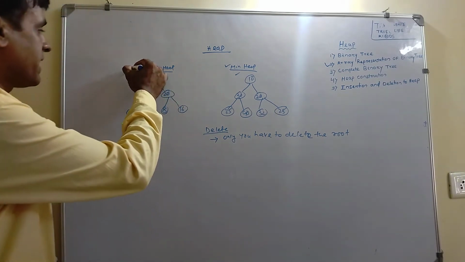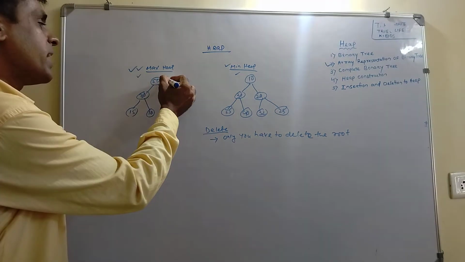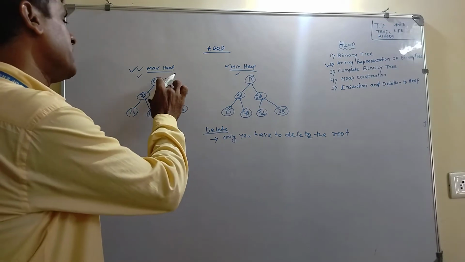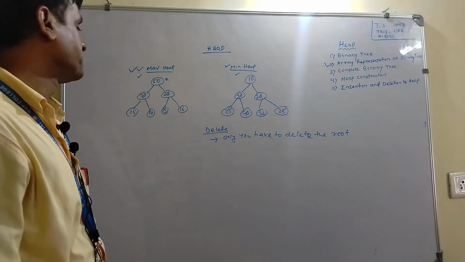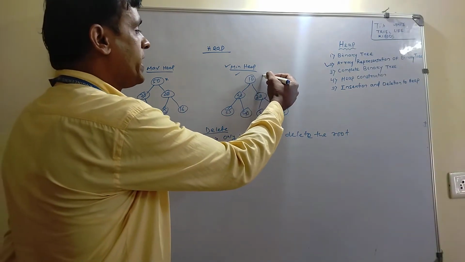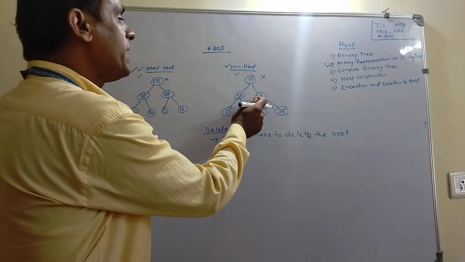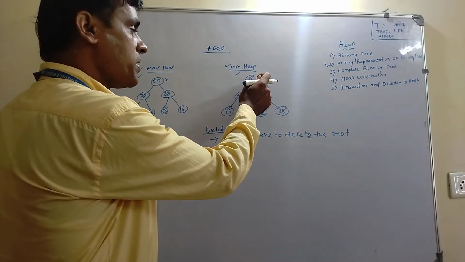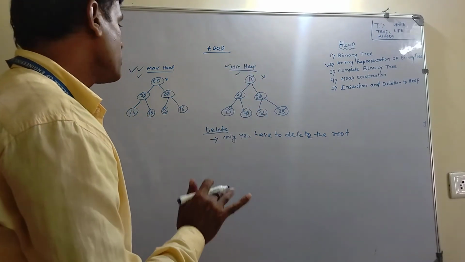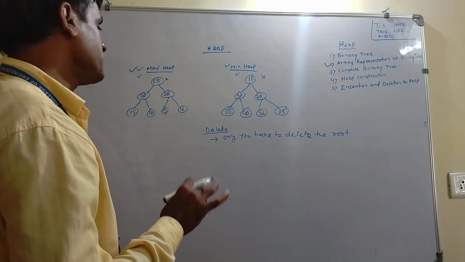So in this case, which element do we have to delete? 50 we have to delete first. The question is, whenever we delete, who will take care of its place? Suppose this is a min heap, and we delete 10. Then who will take care of this place? 30 or 20 will represent it. So that is the main question whenever you are deleting any element from the max heap or min heap.